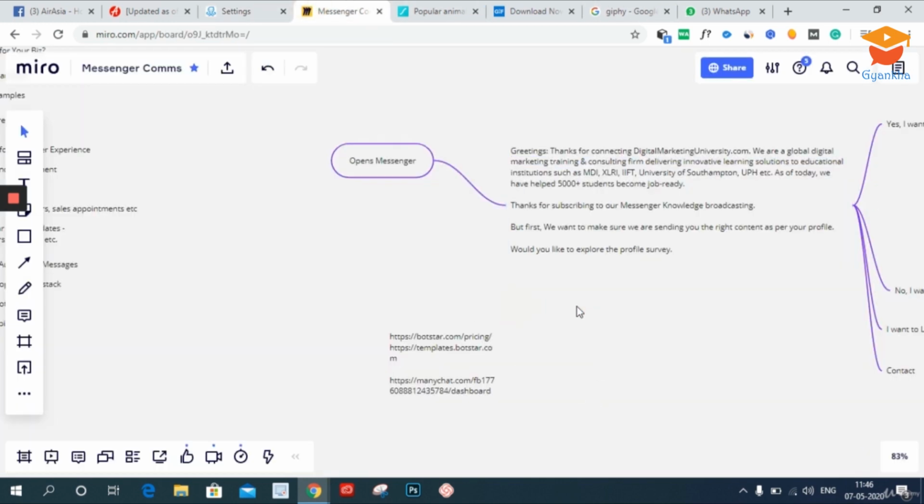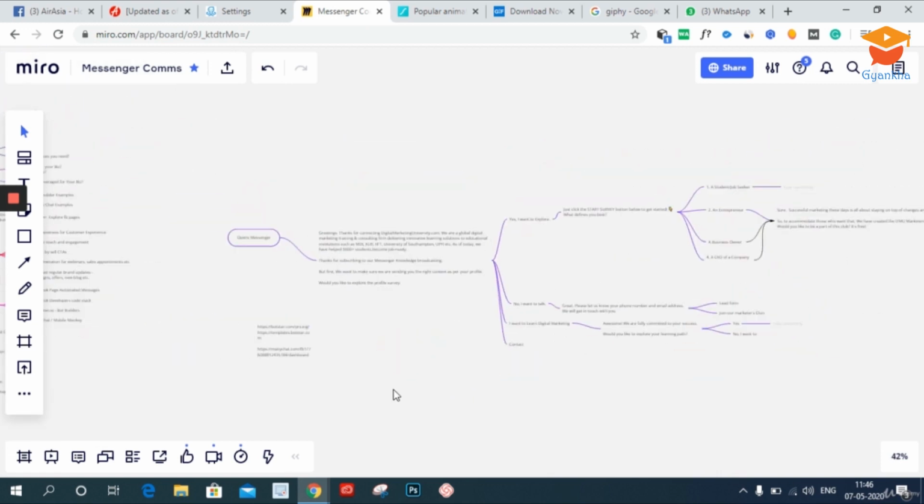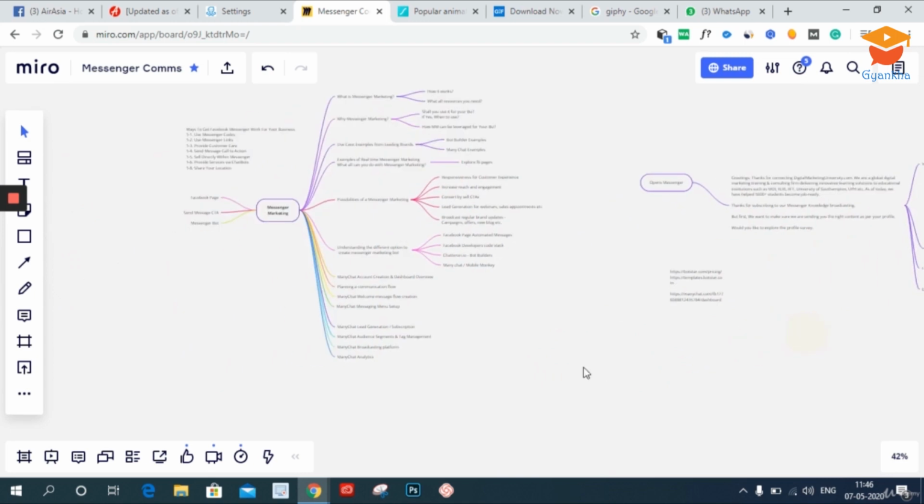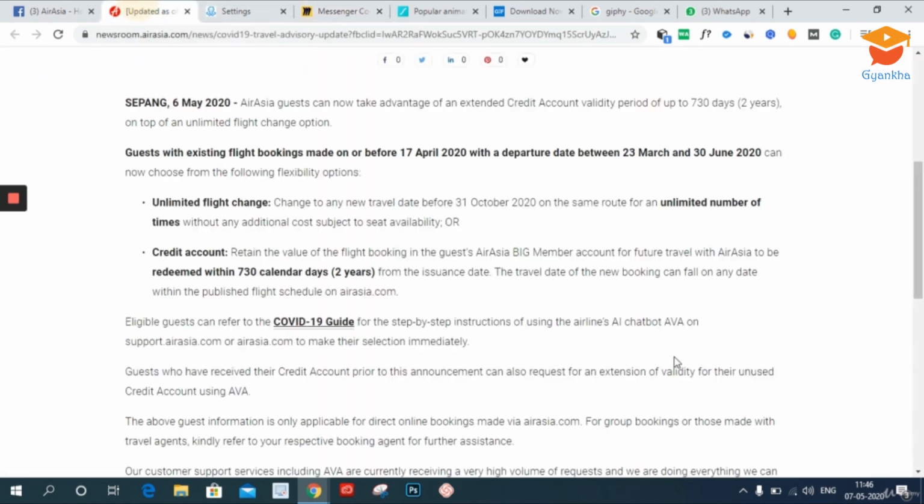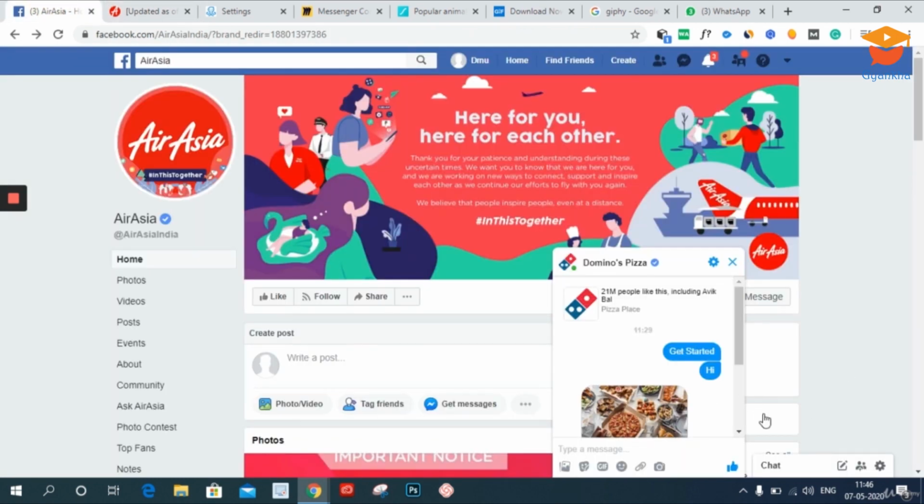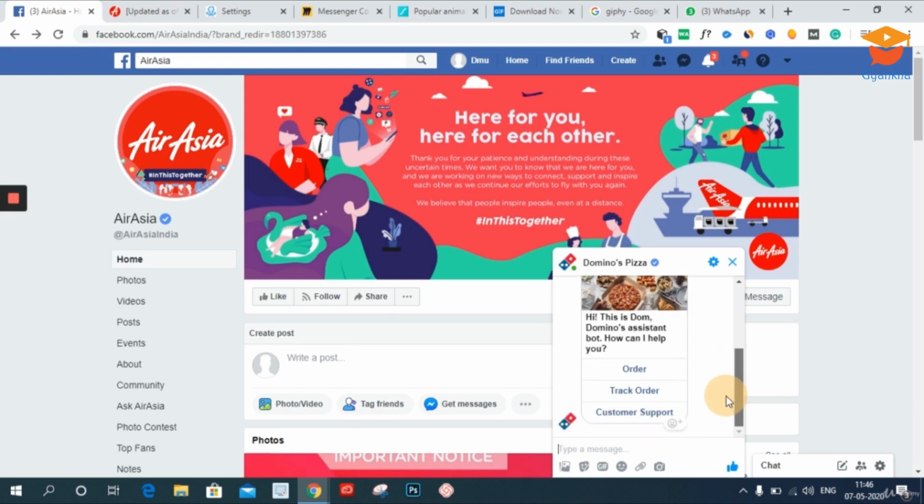Our next stage is to create this flow of communication in our messenger chatbot. So what happens when someone clicks on get started? Once someone clicks on get started, the first thing that I would like them to see is a quick message that, hey, this is Digital Marketing University and this is how we can help you out, and then the quick buttons over here. These are also known as call to action buttons,